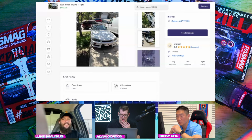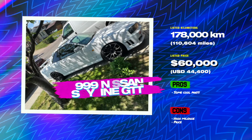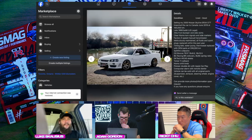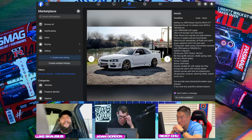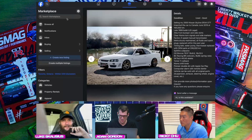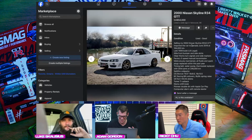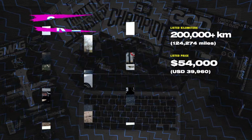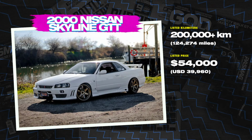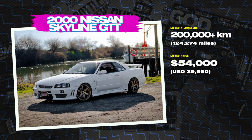I don't want to take you guys' time for too long. But this is pretty. Oh, shit. Pass. Right? Hold on, let's not get seduced by the pictures, because I'm interested already. It's a 2000 GTT. Oh, the price is good. Yeah, look at that price. That's a good price. The mileage is high, but they tell you that they've...